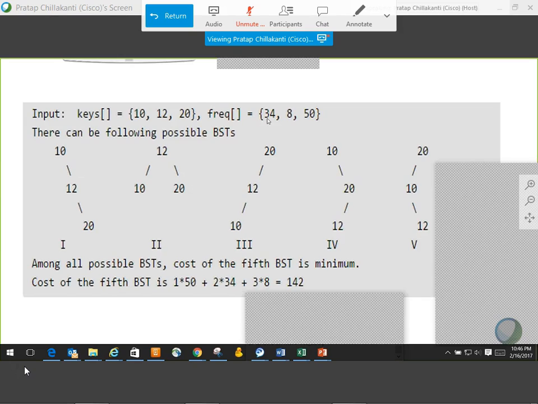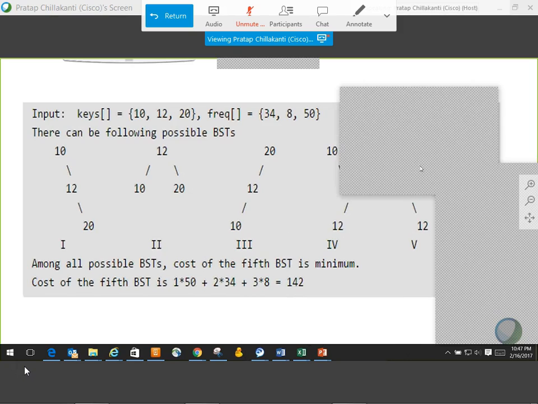Frequency of 10 is 34. So 1 times 34. Okay, I'll write it down here. I'm taking the first tree. 1 times, where is the star here? Star 34. Okay, I'm right.